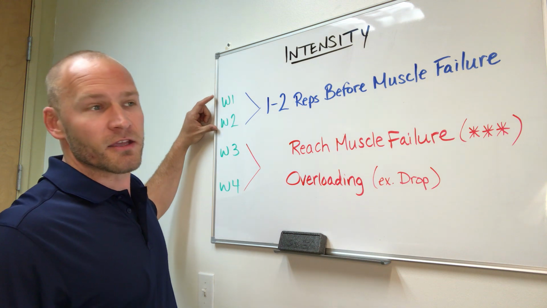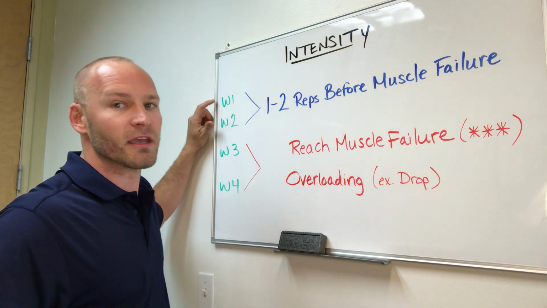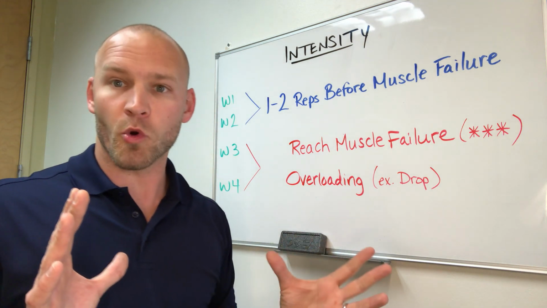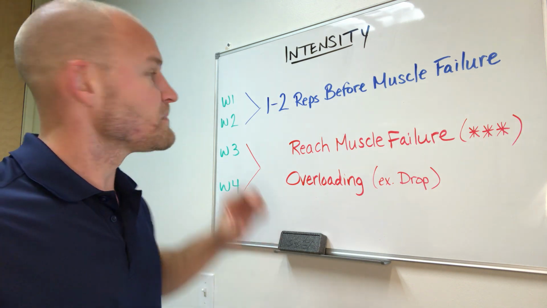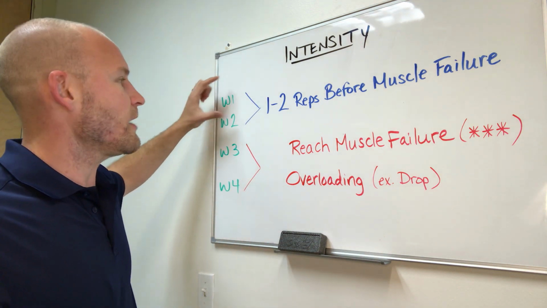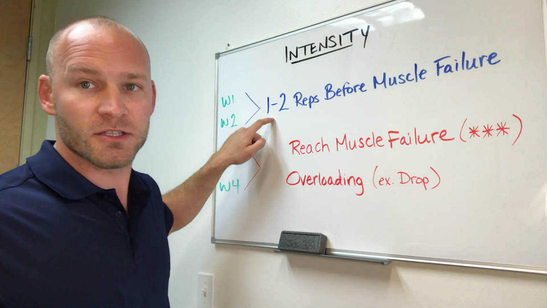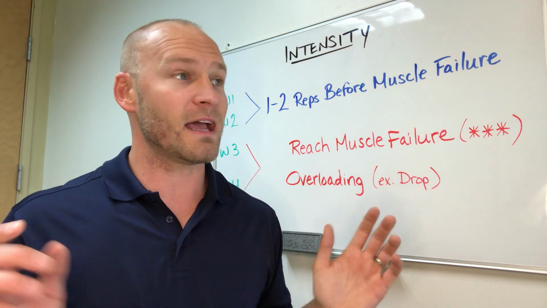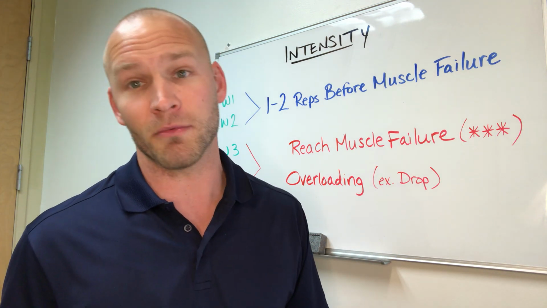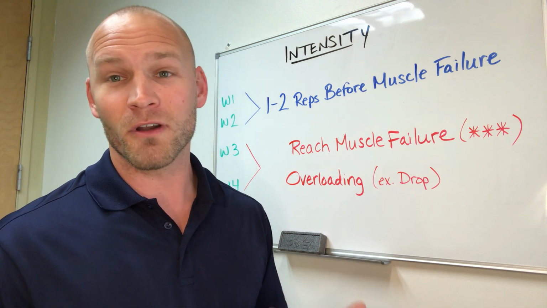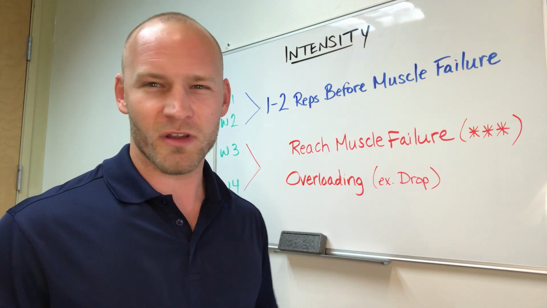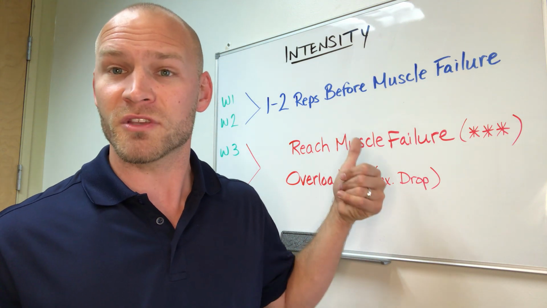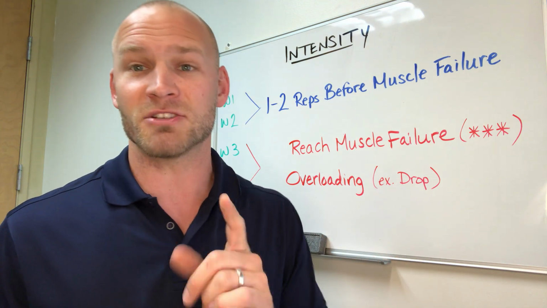We're going to notice in your workouts, generally speaking, weeks 1 and weeks 2 of usually your 4-week programs or your 4-week phases, I want you to try to aim for roughly 1 to 2 reps before you reach muscle failure. So you've got to have a good idea in your mind. Did I end up getting to muscle failure? All right, that weight was probably too heavy, so back it down, all right? Or if you ask yourself, do I think I could have gone 3 or 4 or 5 more reps? If that's the case, you need to bump up that weight and challenge yourself a little bit more so these workouts are effective and they challenge your muscles as much as they should.